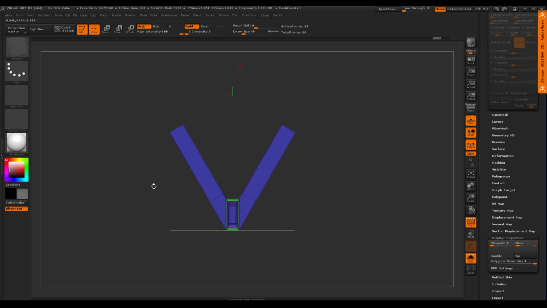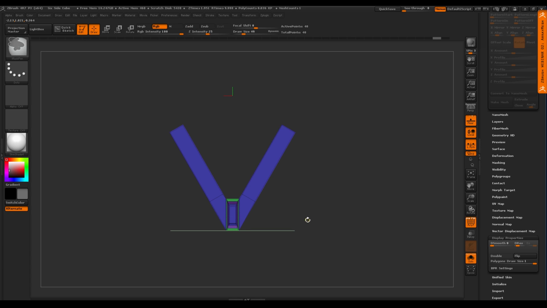This becomes important because what I can do is say, I want to slice across here and maybe put a little bit of an angle like that. And then what the slice brush is doing is automatically adding an edge loop. And it's also giving a new polygroup. So this becomes very handy.